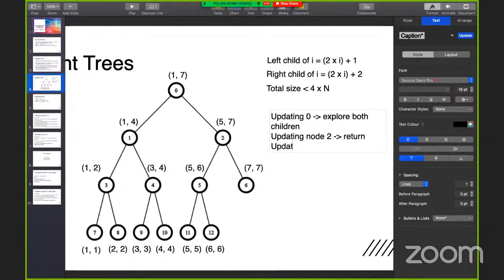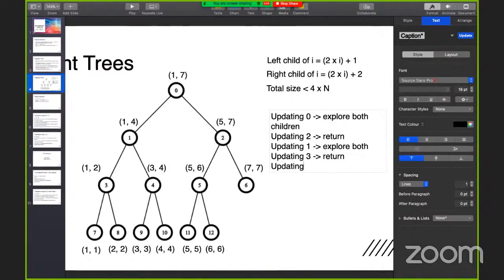Updating 1. I'm not going to write node every time. And 1 is somewhere in the range again, so we explore both. Let's go to 3. Look at node 3, it's storing the range from 1 to 2, but element 3 is nowhere in that range. So instead of updating or exploring further, we just return.